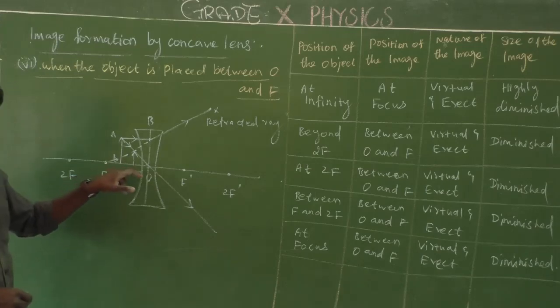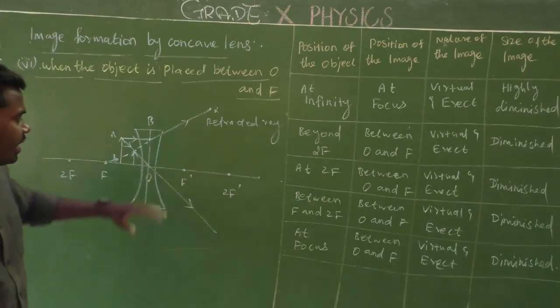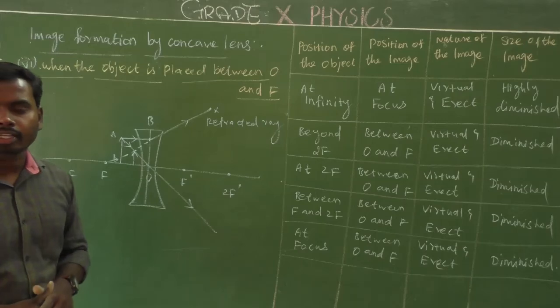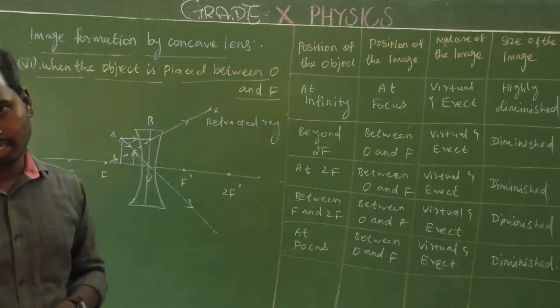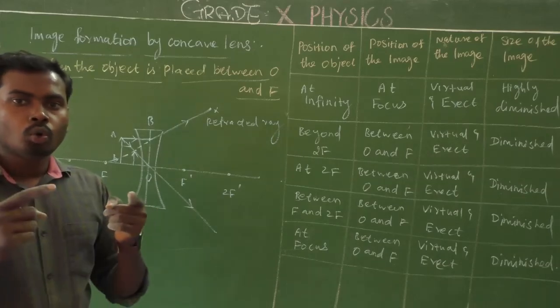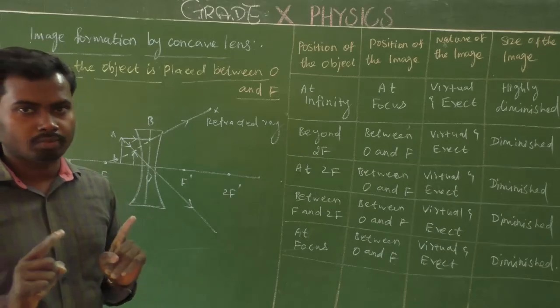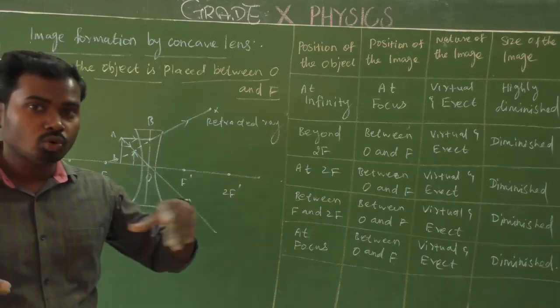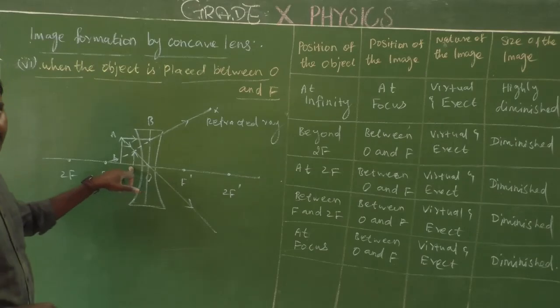Yes. So what is the position of the image? The position of the image is between O and F. What is the position of the object? The position of the object is also between O and F. Then what is the nature of the image? Here the image is formed above the principal axis, so that image is considered what image? That is a virtual image, because it is formed by virtual refracted rays intersecting. Two virtual refracted rays appear to meet at a single point. That is the reason why it is a virtual image. Is it clear? Yes, that's all.